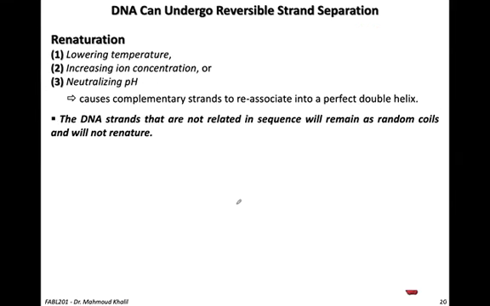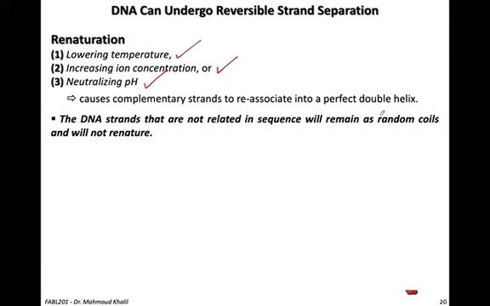So once in a test tube you have done a melting, sometimes you need to do a renaturation, actually to bring back the DNA into the double strand. If you need to do this renaturation, all you need is to reverse the condition. Actually, you need to lower the temperature. If you increased the ion concentration, you need to lower the ion concentration. If you used extreme pH, you need to neutralize the pH. All these three factors will lead to the reassociation of the two complementary strands to form a perfect double